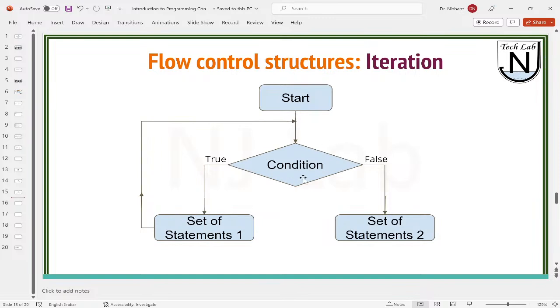But once it is 6 a.m., then my path is going to change, and I will come to this. So over here, when repetition is there, when I need to repeat the same thing again and again, that can be done by using the iteration flow control structures. In programming language,